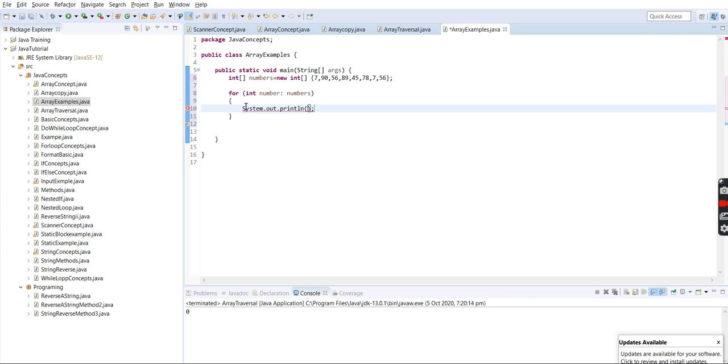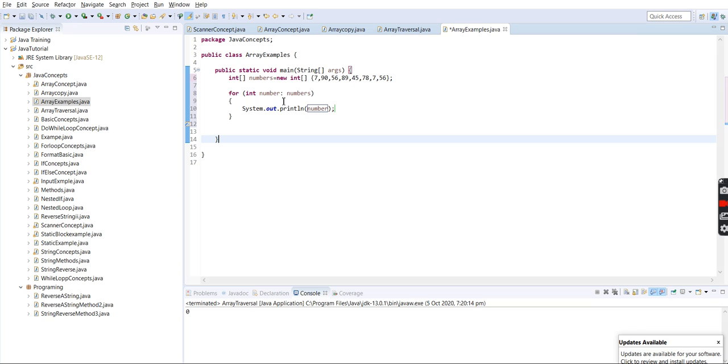I'll just try it. This will also execute the similar thing. It will iterate from the first index to the last index, and it will print each element